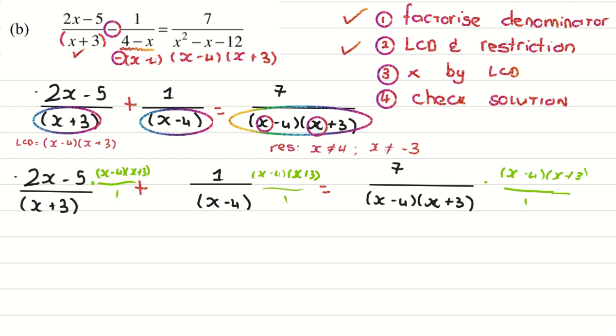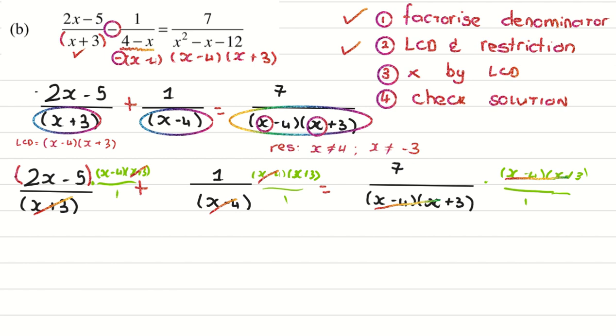And now at this point, we have the option to cancel, right? Which is, of course, my favorite thing to do. So the x plus 3's can cancel on this one. The x minus 4's will cancel on this one. And everything will cancel for this one, right? So now at this point, we just need to proceed with caution because this binomial needs to be multiplied by the green binomial. And we don't want to miss out on any of the signs. So what remains here